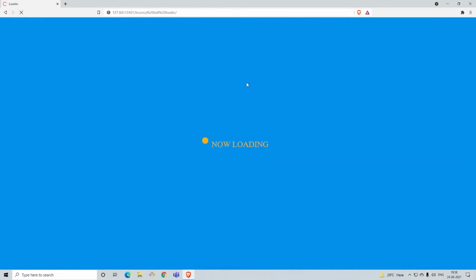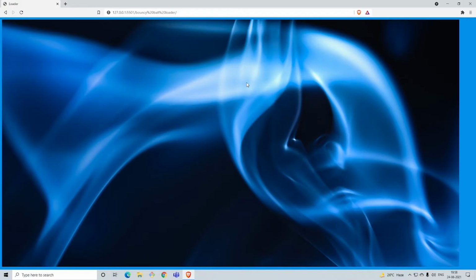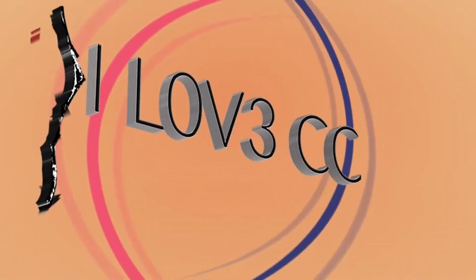This is the Simple App series and we're going to be creating this page as you can see. Here what happens is you have the preloader which shows the now loading, and then once the image is loaded, which is the main content we have, the image will be shown. So without any further ado, let's see how to do that.